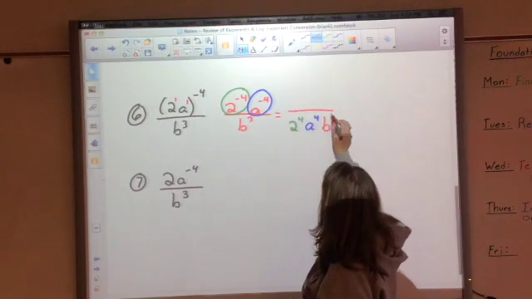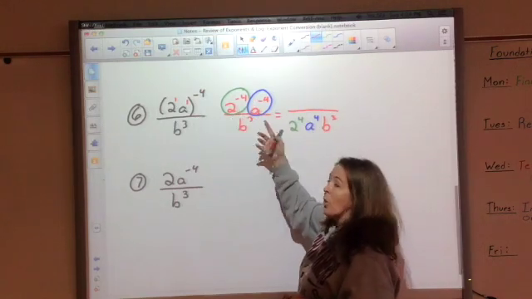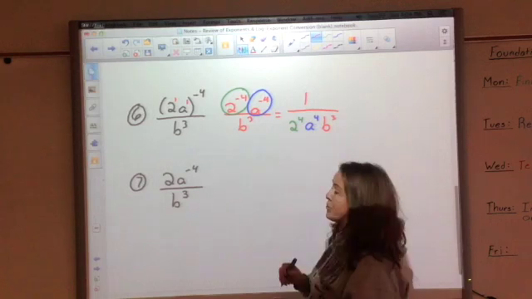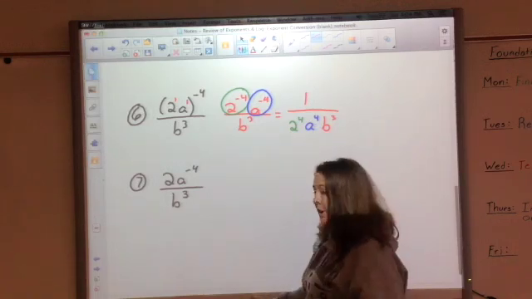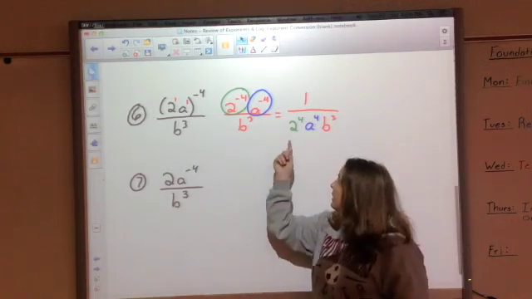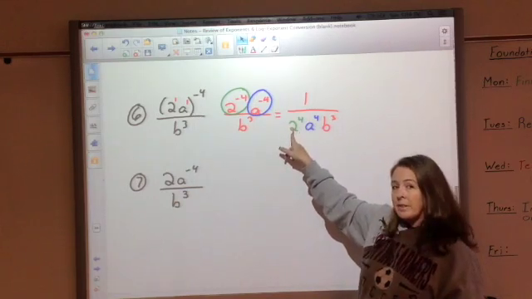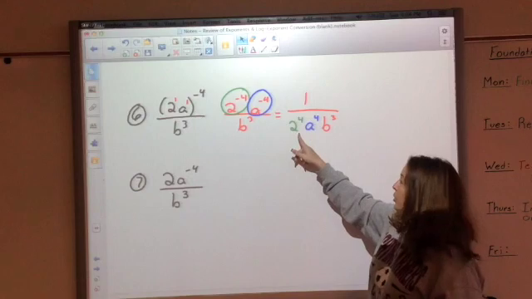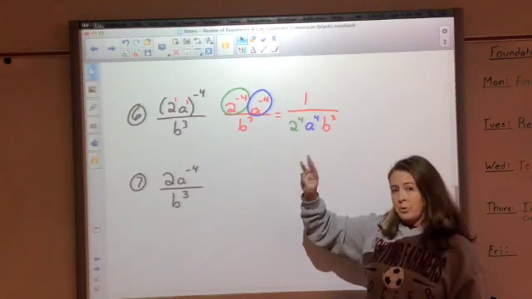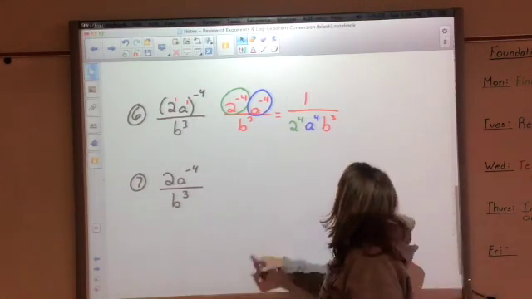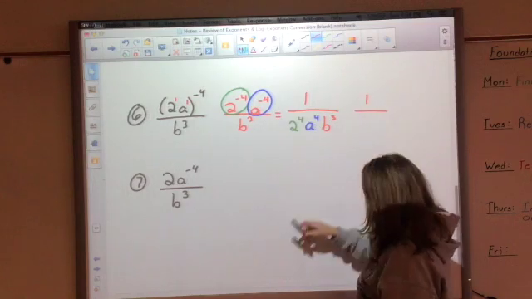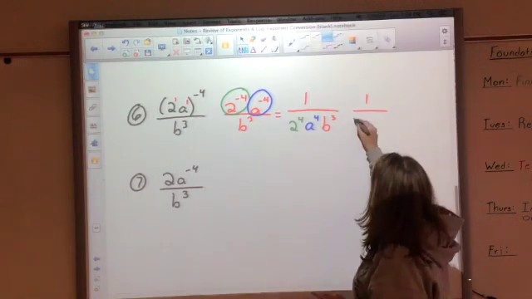And then, since both of these move to the bottom, the only thing left is the understood 1. Now the very, very last thing that we can do is figure this out. In fact, we already did it with a negative 2, positive 2. 2 times 2 is 4, times 2 is 8, times 2 is 16. So this is going to give us 1 over 16